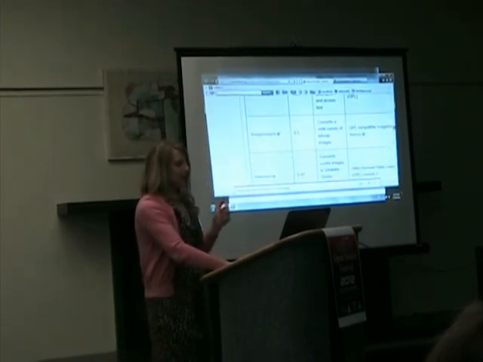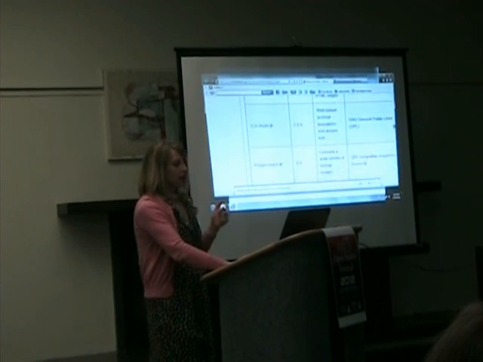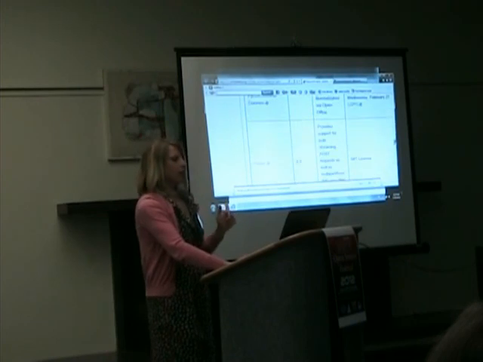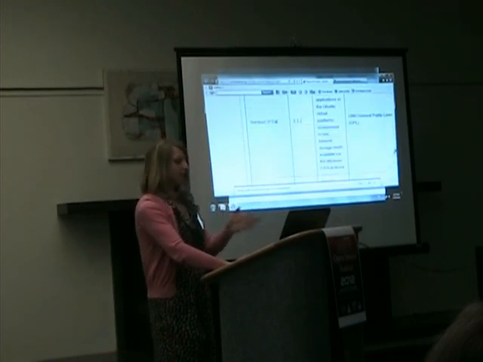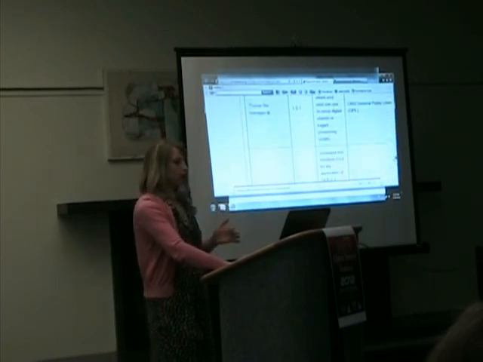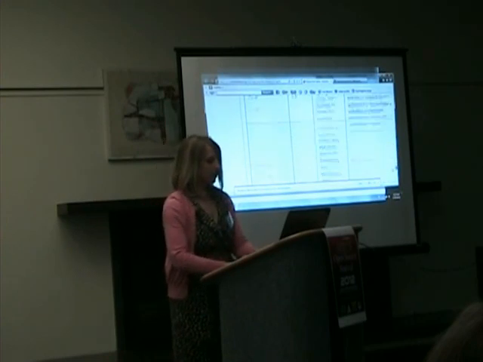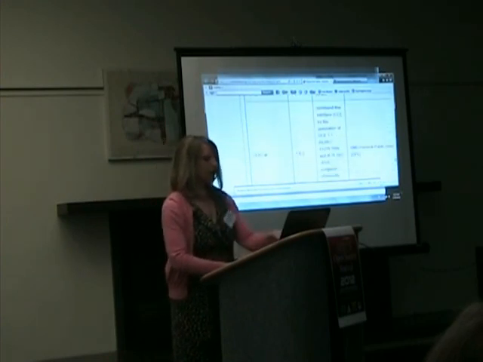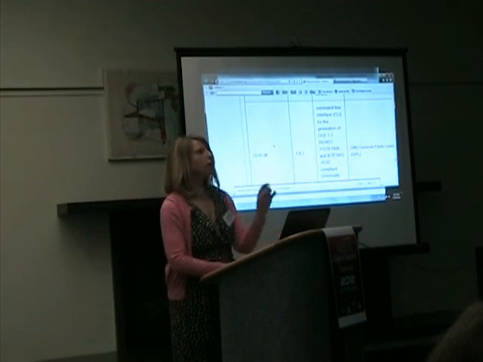ICA-AtoM is the descriptive tool, MD5. You just see that there's a lot of open source tools that they use. This UUID is a tool that creates that unique universal